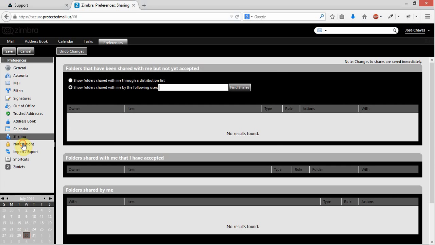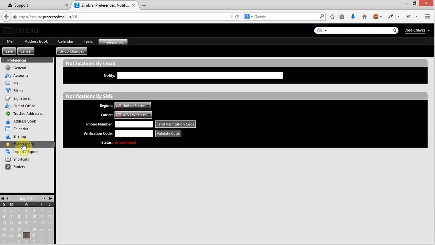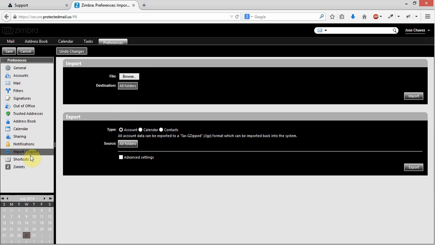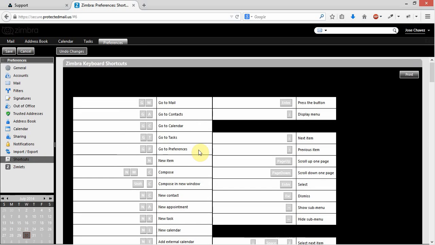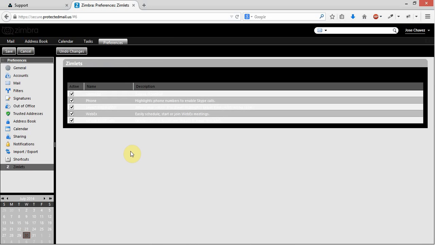Notifications specify how notifications are sent by the system, exactly where to send the notifications, such as a phone number if they're to be notified by SMS. Import and export options are for importing and exporting your emails and contacts. This is a list of keyboard shortcuts that are available for the system, and these are a list of Zimlets